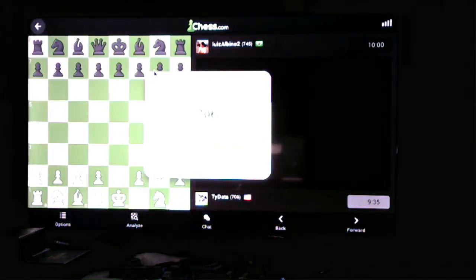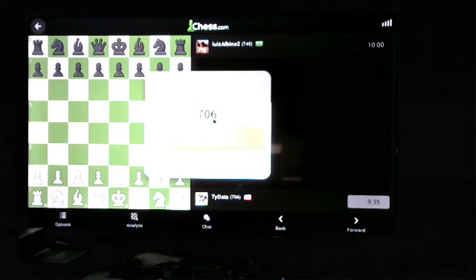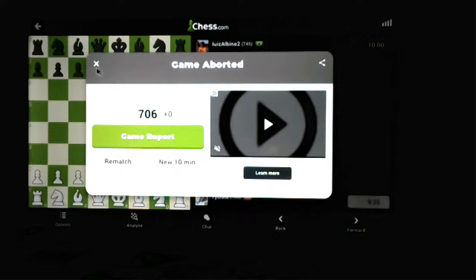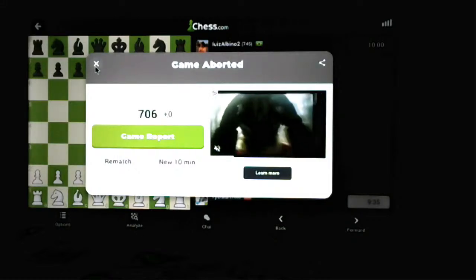Especially over in India, I'll be smashing them in India. I'll be smashing them in Brazil, Israel. I'll be smashing these people. And I'm a rookie, but sometimes I do make a lot of rookie mistakes. I make a lot of rookie mistakes in this game, though. But technically, I am a rookie. As you can see, that's my ranking. So if anybody wants to challenge Ty Data in the game of chess, especially if you have the UMNTV box,